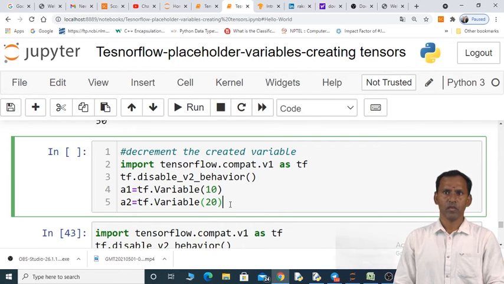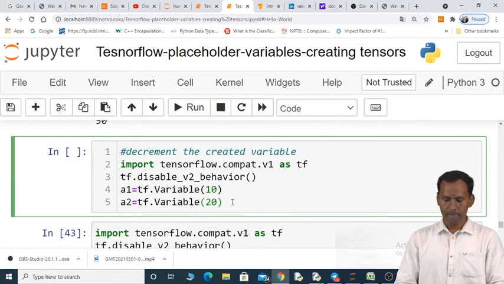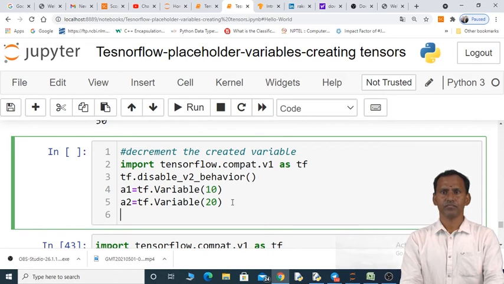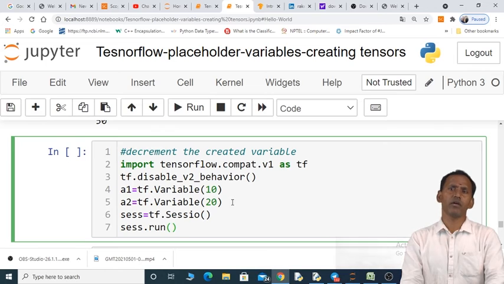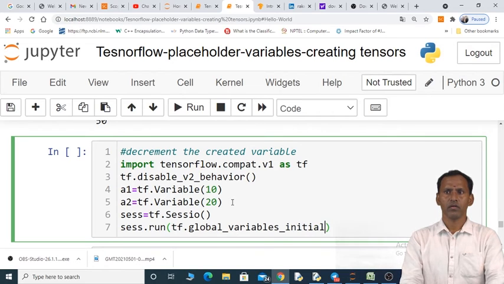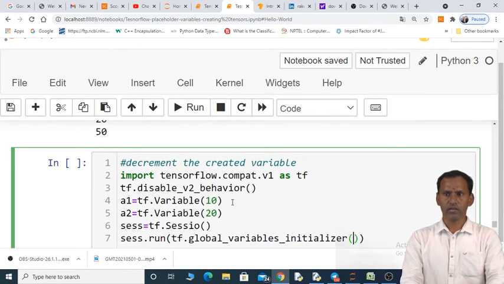Now we have to create tf dot session and we have to initialize the global variable, tf dot global underscore variables underscore initializer.